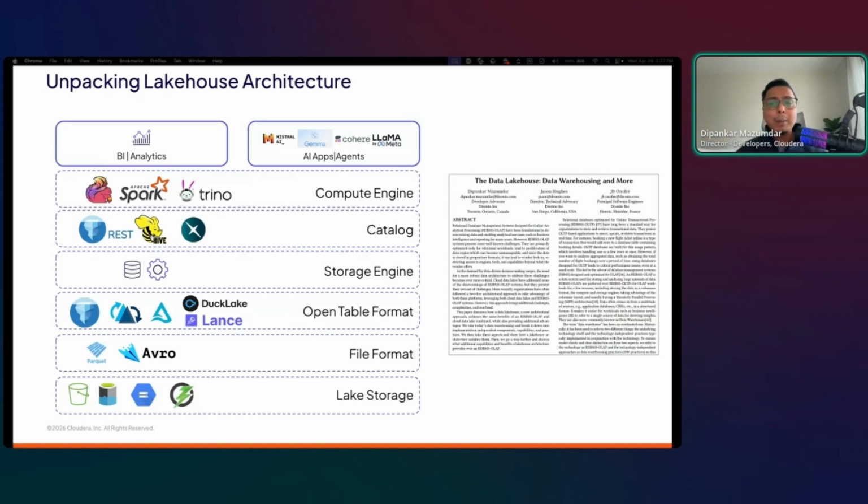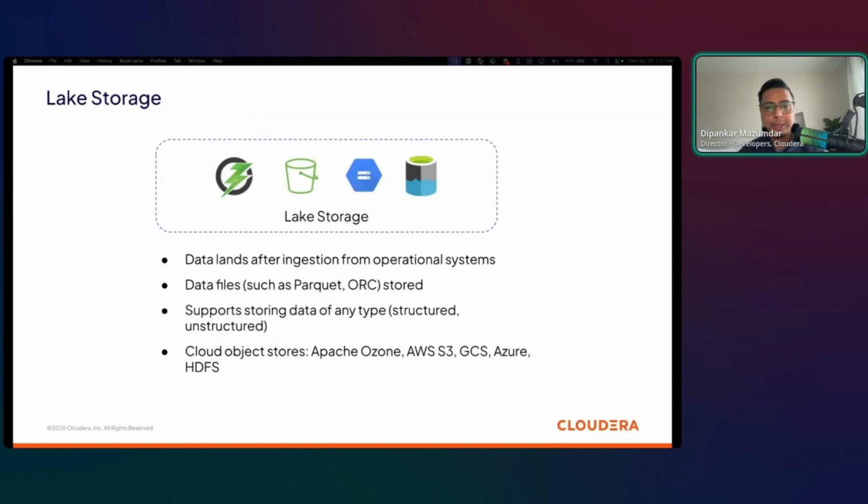All right. This is a paper I published some time back, just so if you're curious and want to learn a little bit more about data lakehouses. But just going over the stack overall, right? Just quickly, in the bottom you have the data lake storage, and this is where all the data lands from your transactional system. Maybe it has been ingested by an ETL process, and it can contain any kind of file, right? So in a more technical sense, it's a way of taking the bytes, combining them into a file, and saving them into a designated path in the file system. That's what we basically do.